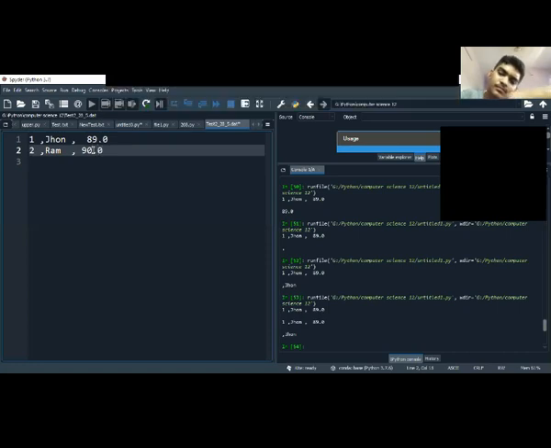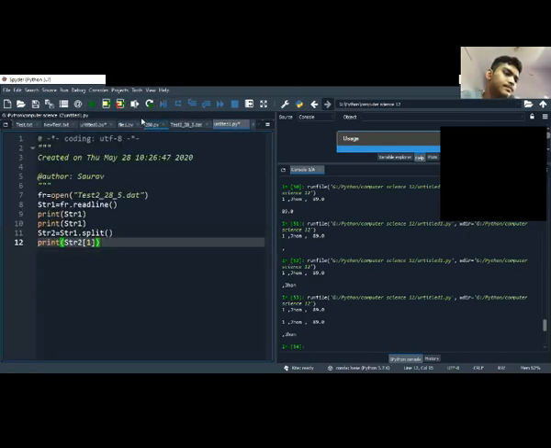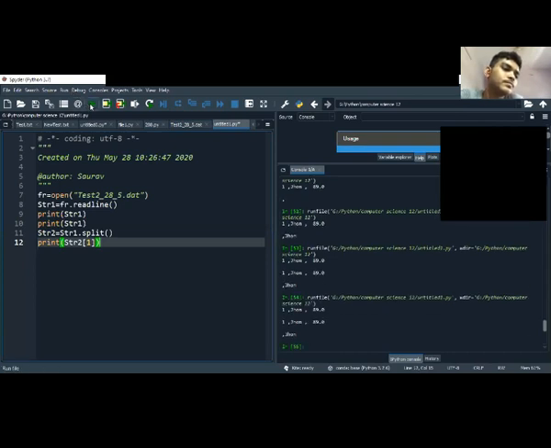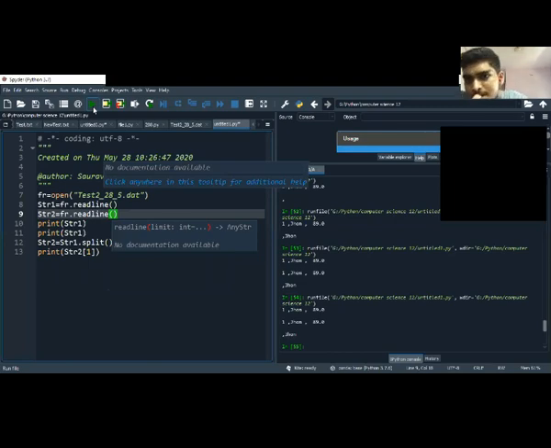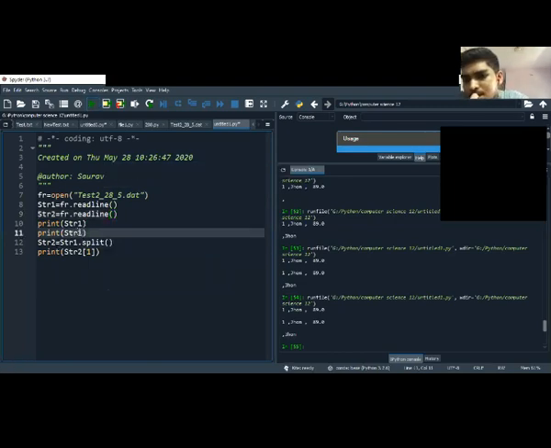Now when I run this one, what will happen? I'm showing you what happens if I do the same record. It is not taking the second record. Sorry, my mistake. str2 equal to fr dot readline, and here I'm writing 2.